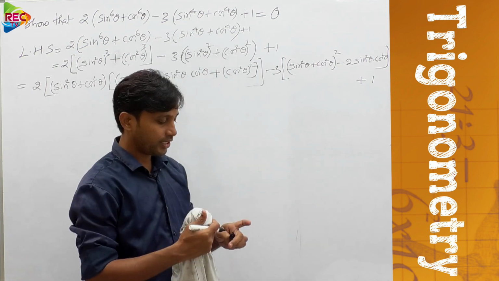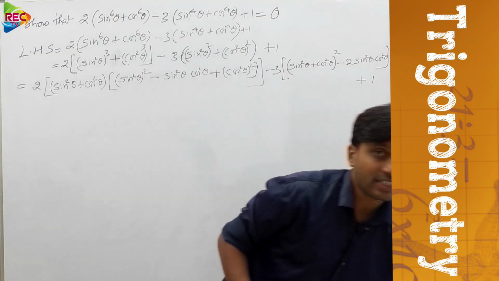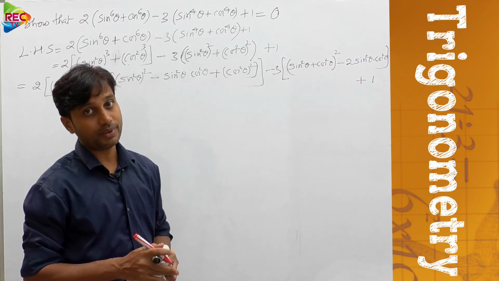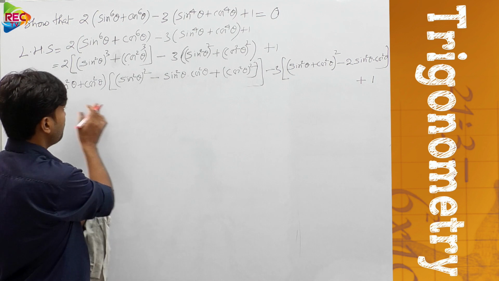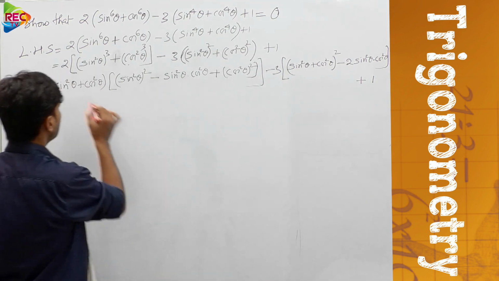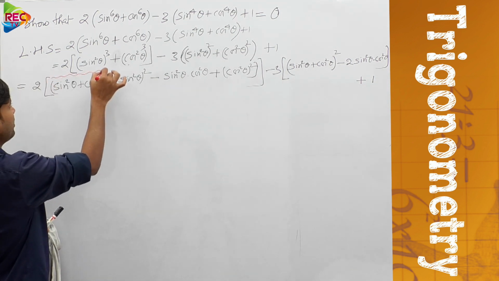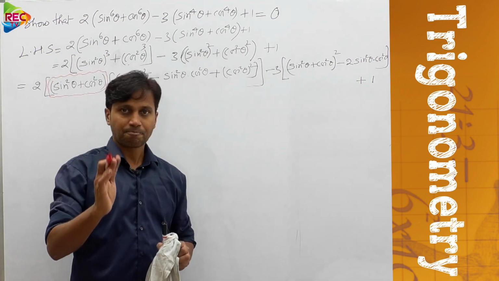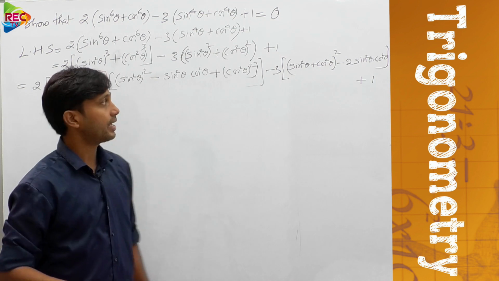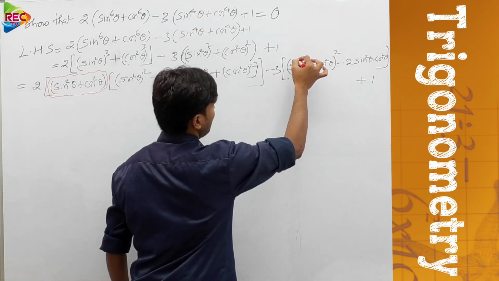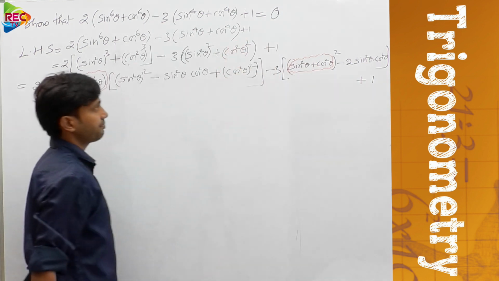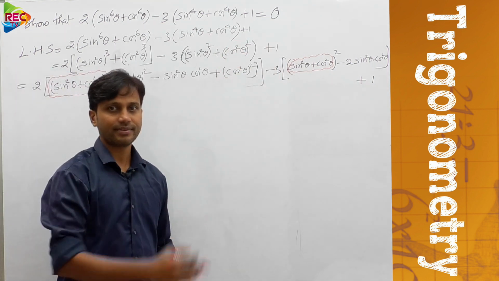You don't need to worry about this. Now we can find the standard identities of trigonometry over here. If you clearly identify, see this, I am highlighting here. Is this sin square theta plus cos square theta an identity or not? Yes, this is an identity. And then is this inside the bracket an identity or not? Yes. That means the matter is simplified.